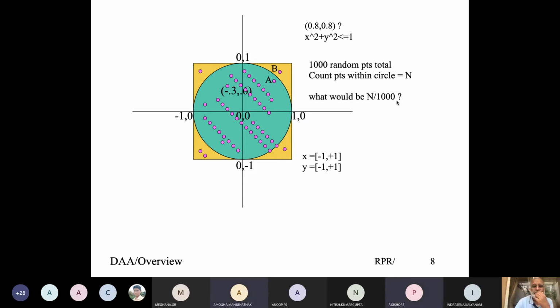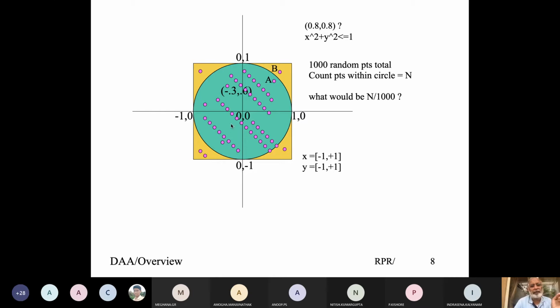Sir, can you repeat? I had taken 1,000 uniformly distributed random points lying between -1 and +1. So I can say 1,000 represents my area of the square, because some points would be here, some here, some here. They're all randomly distributed, so roughly the 1,000 points represent the area of the square, because they'll be distributed almost all across.